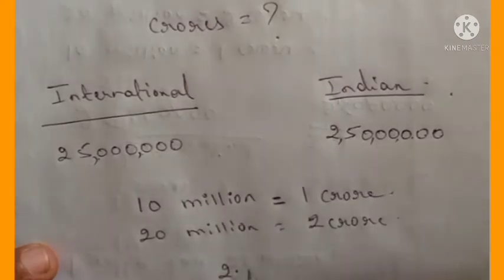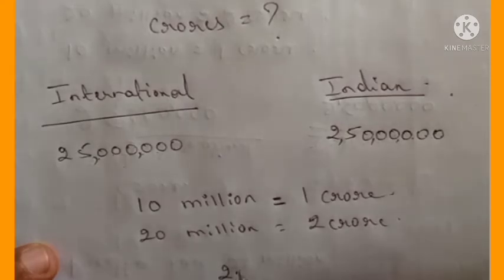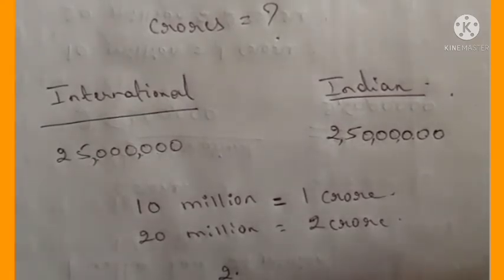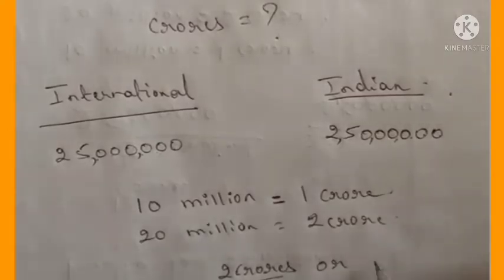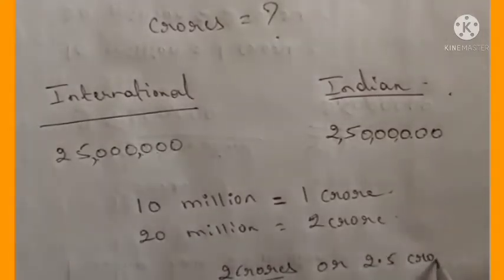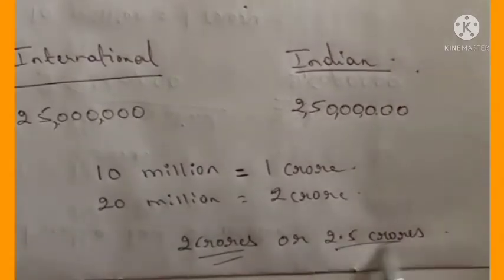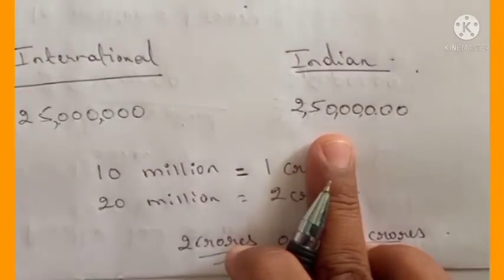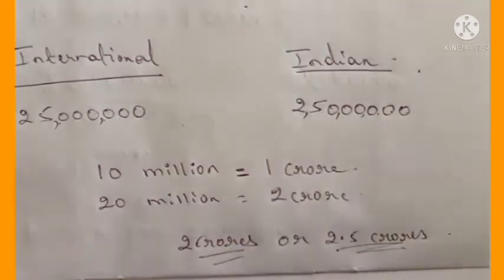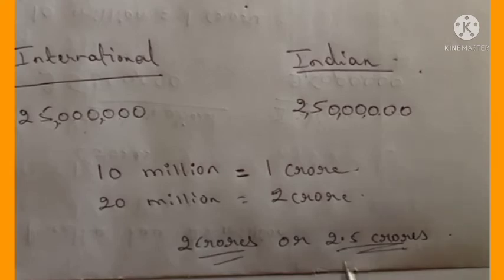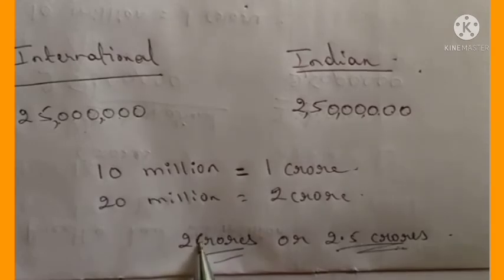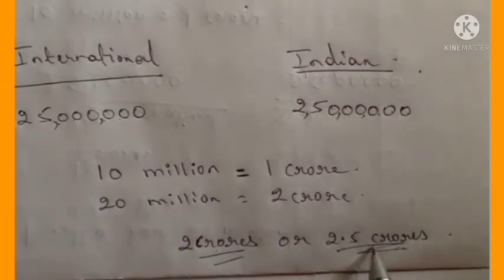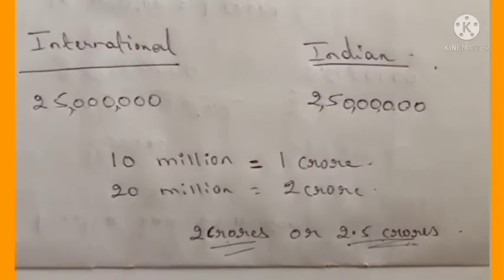50 lakh, isn't it? So in the question they have asked only crores, dear children. So you can write it as 2 crores or else it's 2.5 crores. Okay? So both you can write because 50 lakh is left over, dear children, isn't it? That's why 2.5 crores also is the right answer. 2 crores, only they have asked the crores, isn't it? So like that also you can write this or this. You can write it in the answer.